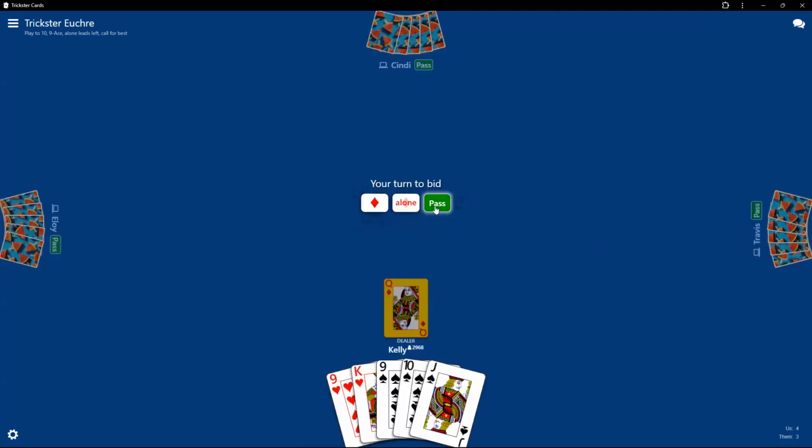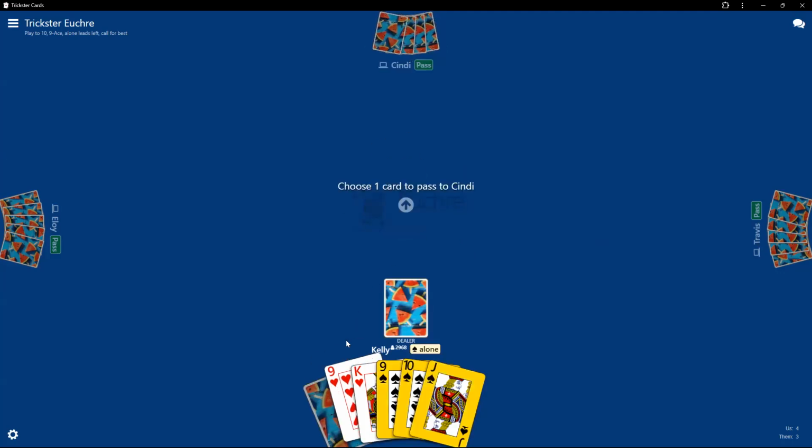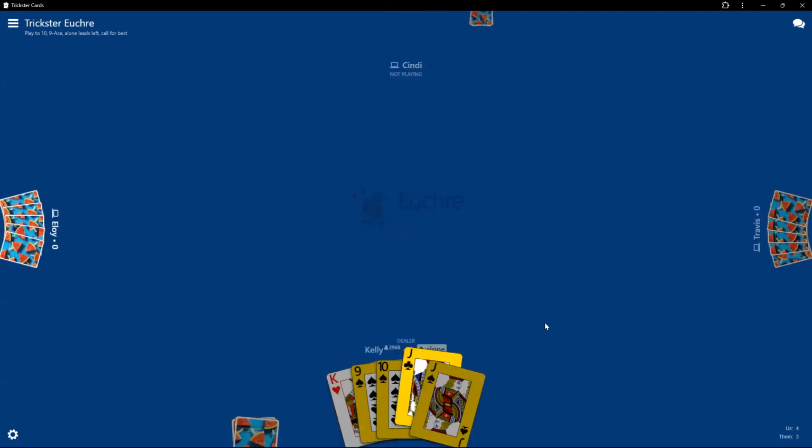Definitely going to be passing on that all the way around to spades. So again, here's an example: I'm the dealer, so I'm going to get rid of one and pick up my partner's best. So I'm definitely going to make it spades alone. My spidey senses are telling me my partner's going to look at that. My spidey senses were correct.